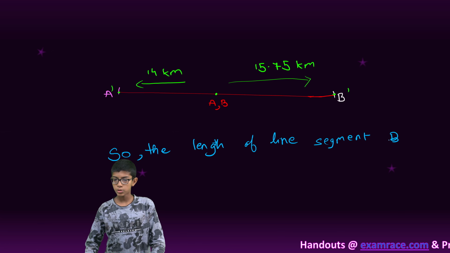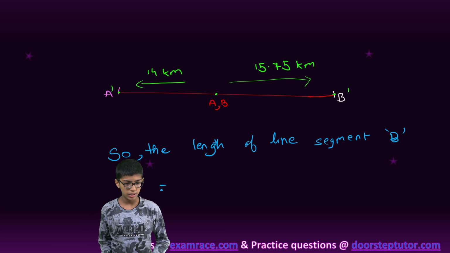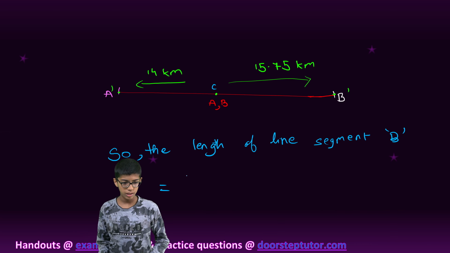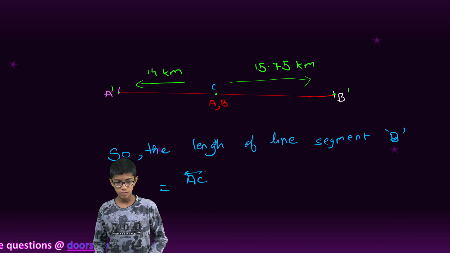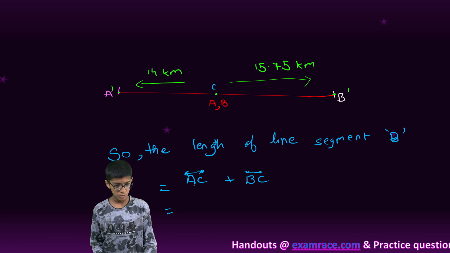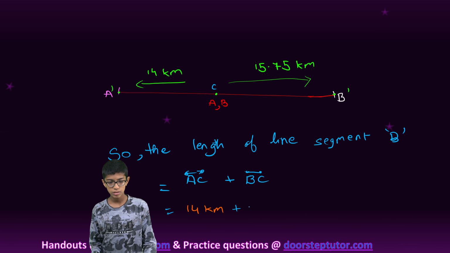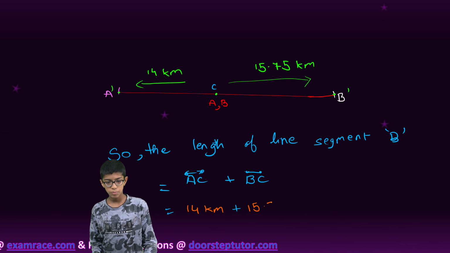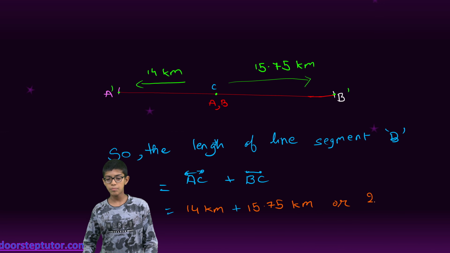Yes, because it is the total distance traveled by A and B together, which is equal to length of AC plus length of BC, which is equal to 14 kilometers plus 15.75 kilometers, or 29.75